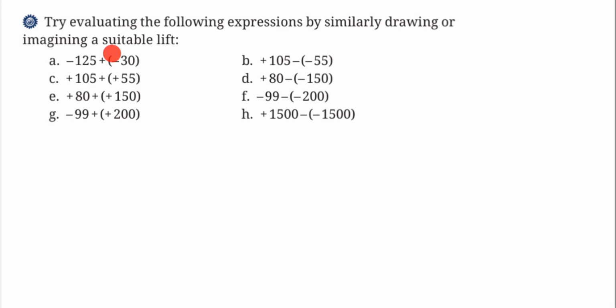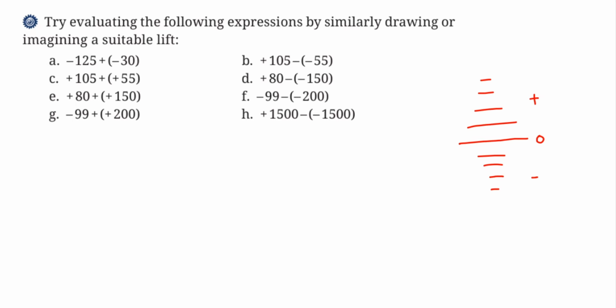So if you have done the previous exercise questions or the figure it out, you have seen that they are talking about a lift which goes up and down. So you have levels or floors above the ground level. Suppose this is 0, which is the entry level or the ground level, and above that you have floors which are numbered with a positive sign, and there are floors below it which are numbered with a negative sign. So the floors which are below the 0 are negative, and the floors above will be positive. And you have also learned about the starting point or the starting floor, target floor, and the